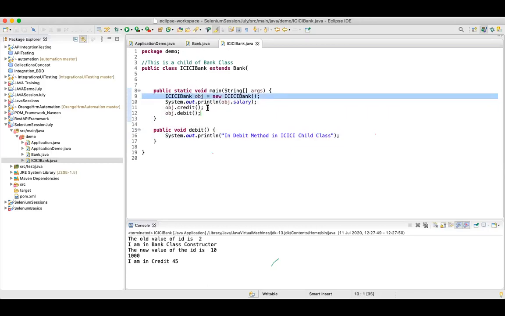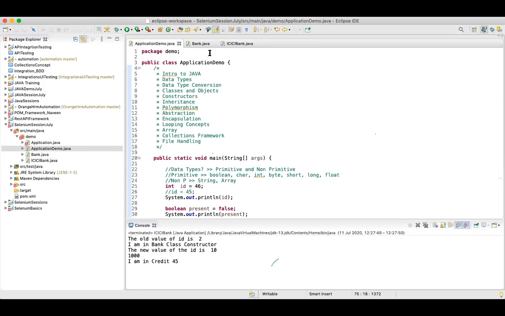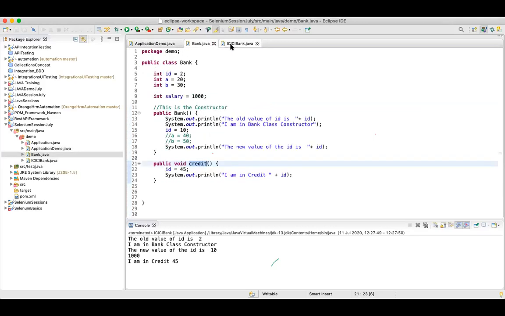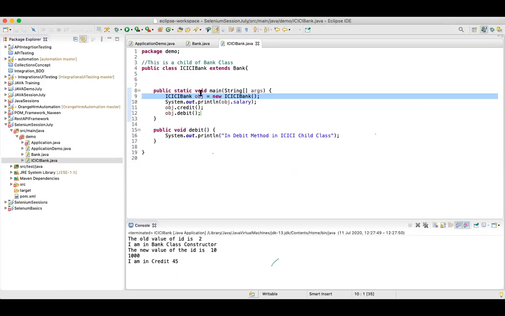Even if you're a child or not a child, you can call the methods once you create an object. The application demo class is not a child of any of these classes, but when I create an object, I can call. But here I have created an object of my own class, ICICI Bank. I haven't created an object of the bank class, but still I can call, and that is because of inheritance, okay?